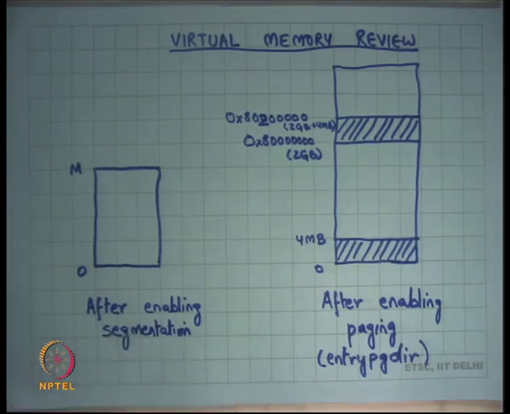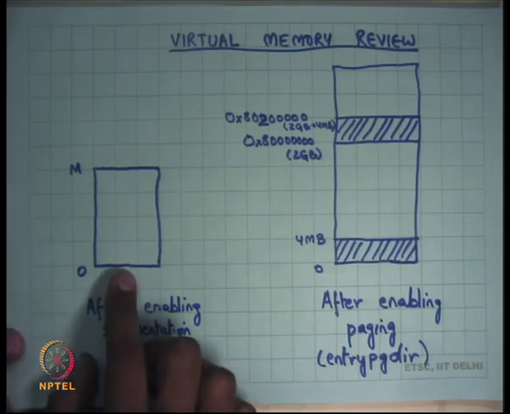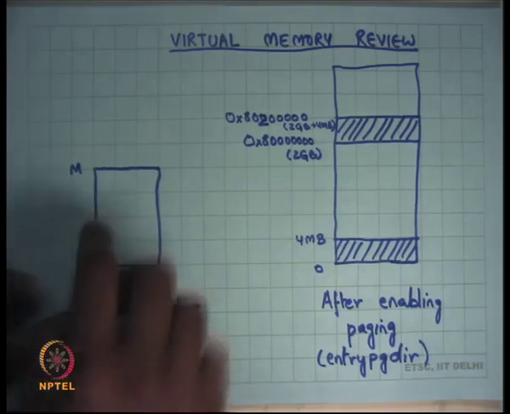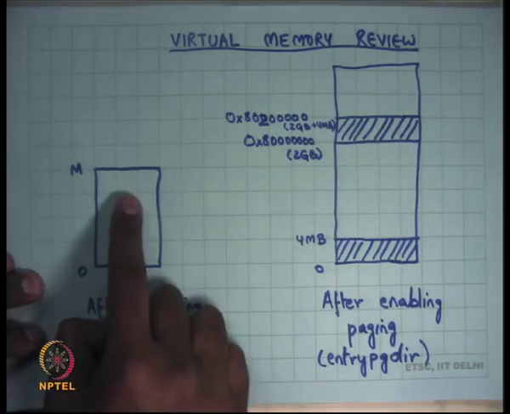Now the boot sector operates in this mode where only segmentation is enabled in 32-bit mode, and the boot sector lives in the first 512 bytes of the disk. The boot sector has code to load the kernel. The kernel lives from sector number 1 till some value, and the size of the kernel is known to the boot sector, so it loads that many sectors from the disk and puts them in memory. While it's doing that, the address space is still 0 to m. It picks up the kernel and sticks it somewhere in this area.